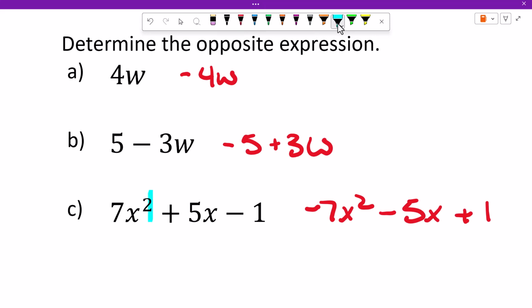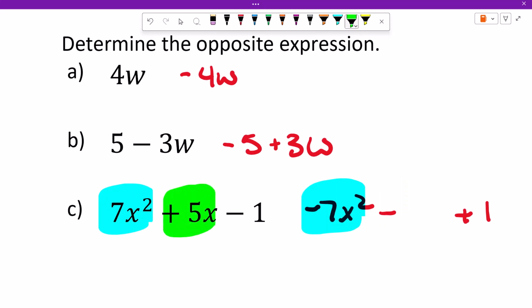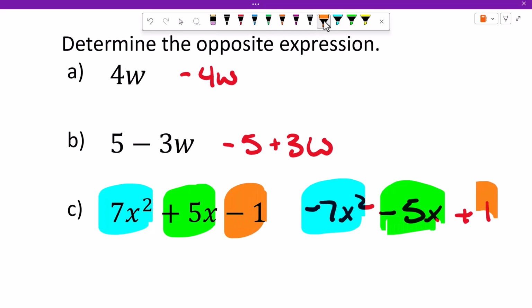So we took the first one, it was a positive, it became a negative. We took the second one, it was a positive, it became a negative. Took the third one, it was a negative, it turned into a positive. Remember, the sign in front belongs to the term afterwards. So this sign belongs to this term. The signs are very important. That's where you guys are going to make your mistakes. Okay, so